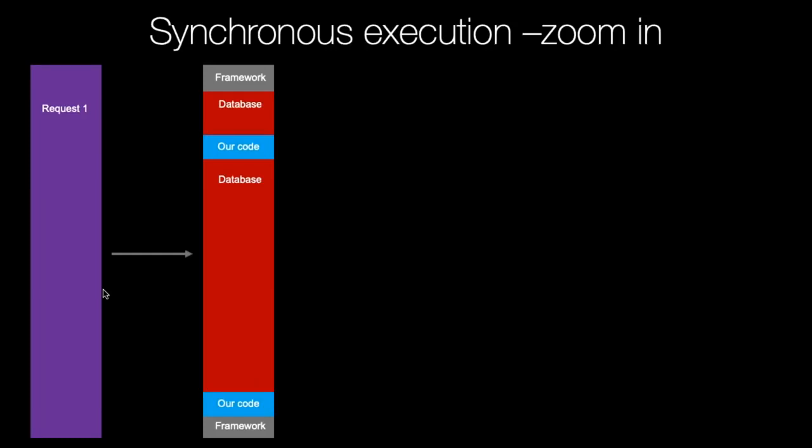The framework code is running, and then we're going to talk to the database. We're going to send that request off like, hey, what user is logged in? I know I have this cookie. Their ID is 7. Who are they? So you pull that back and you wait for that response. Then you run a little bit of code. Oh, does this user have access to this thing? Oh, yes, they do.